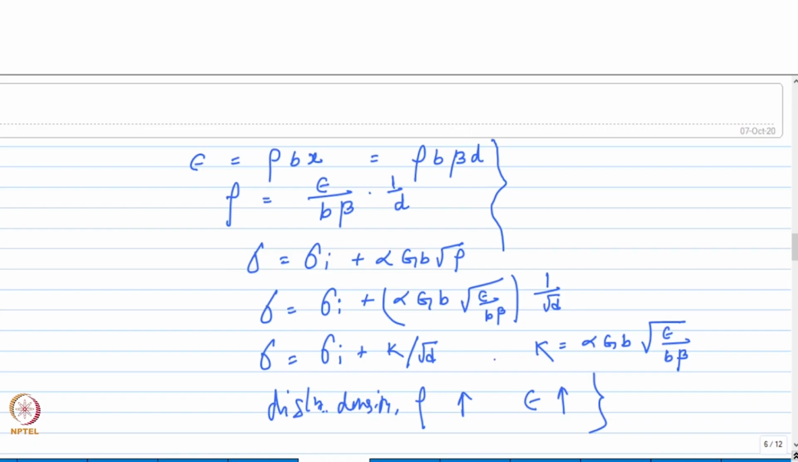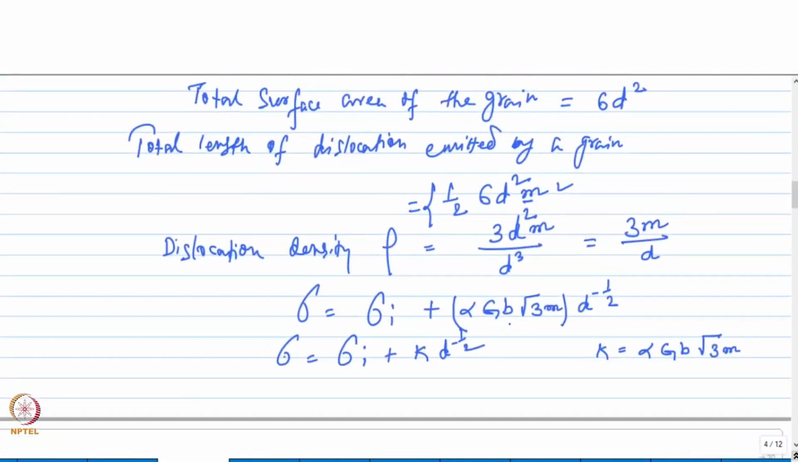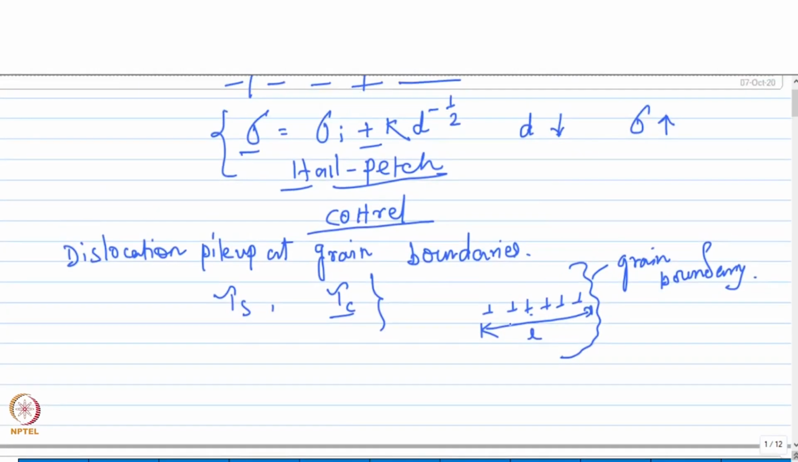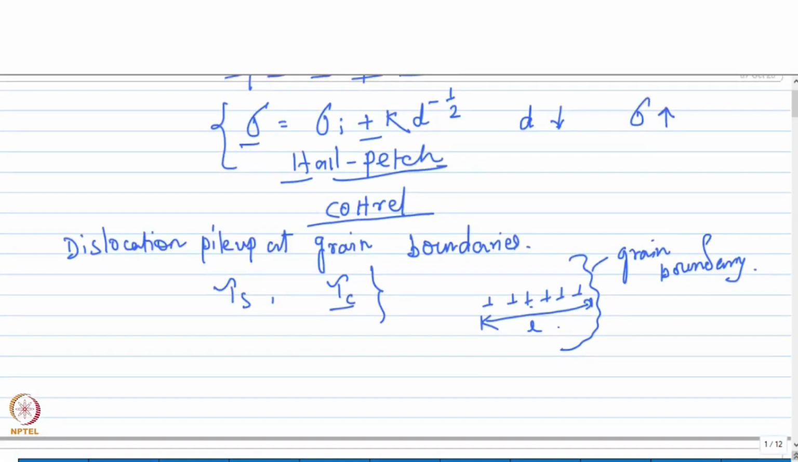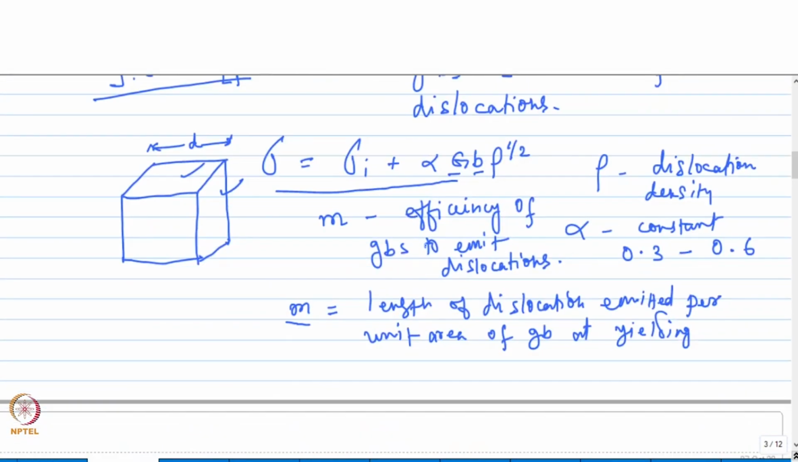Right? So these are the different theories which explain the mechanism of grain refinement strengthening, and all of these are based upon the fact that the grain boundaries will either act as obstacles to dislocation motion or they will influence the dislocation density as the grain size is changed. Okay,